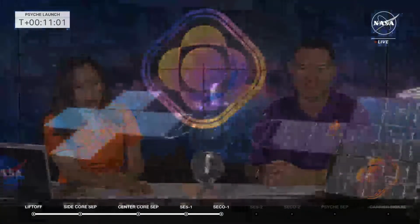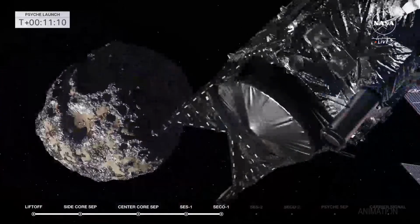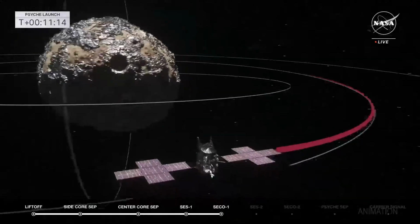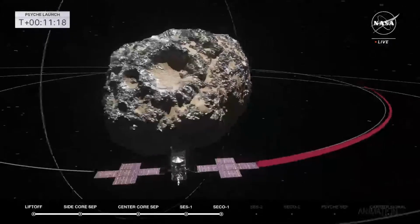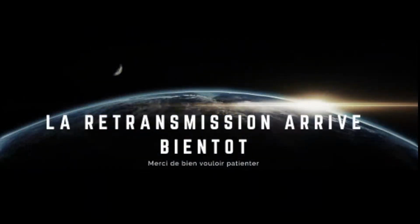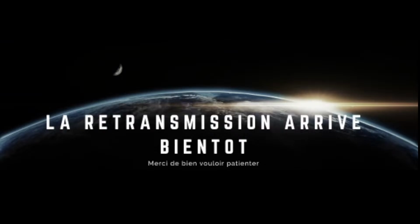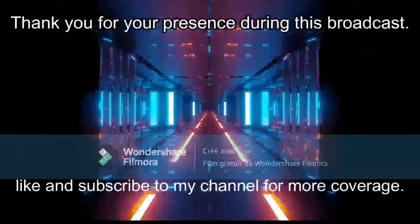Yeah. So the Psyché mission is going to explore the metal-rich asteroid, also named Psyché. And why don't we take a closer look at Psyché now? It was first discovered in 1852. We don't know exactly what the asteroid looks like, but scientists have combined radar and optical observations to generate this 3D model you're looking at right now. Shaped like a potato, at its widest length, it's 173 miles. That's about the same as driving from Houston to